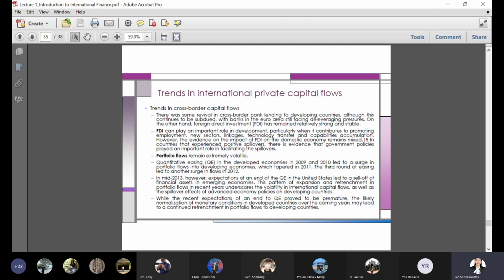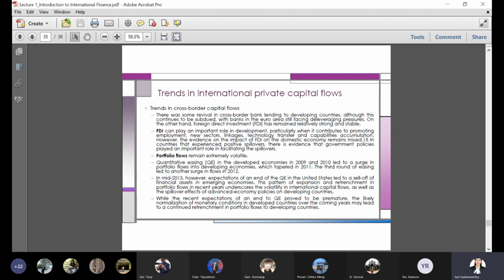So even though some of the advanced economies are still in their expansionary monetary policies, we expect that at one time they will start tapering again. So normalization of monetary policy in developed countries will again have an impact on the developing countries, even after